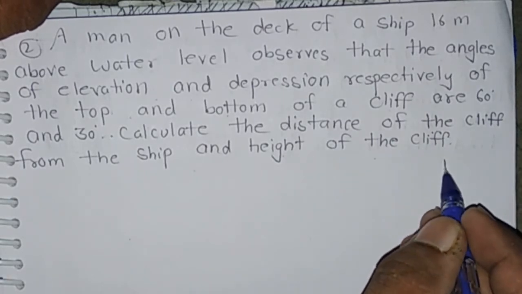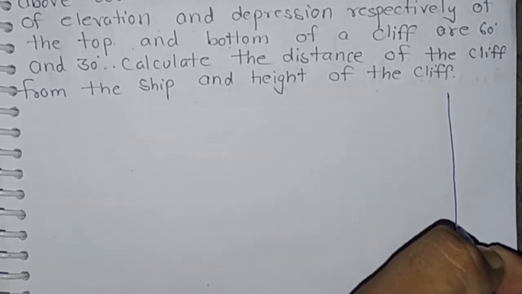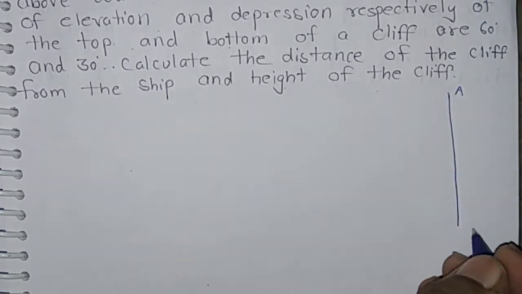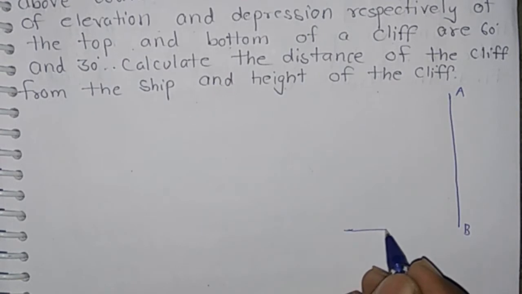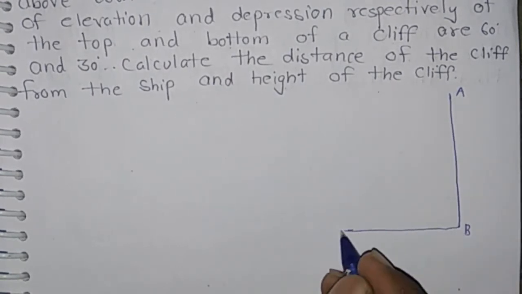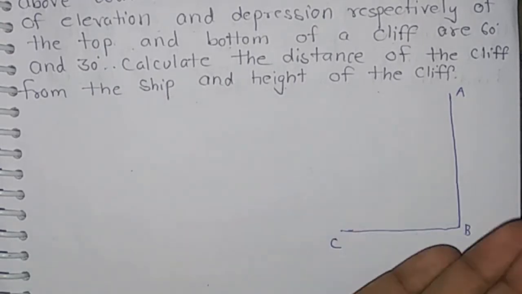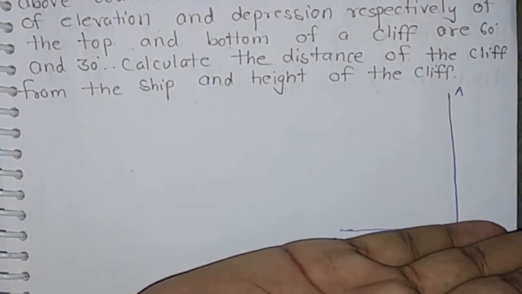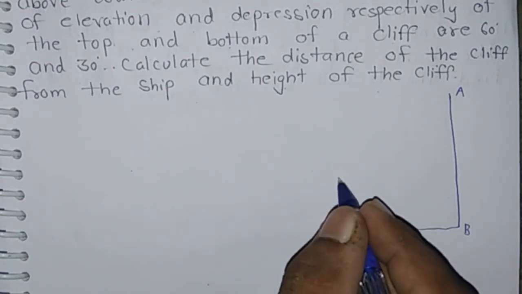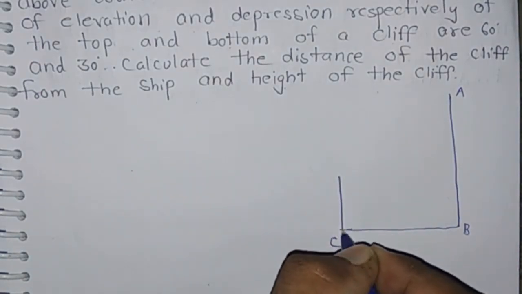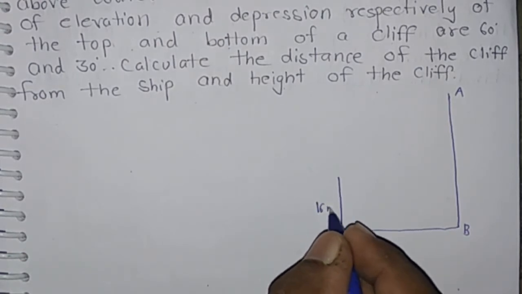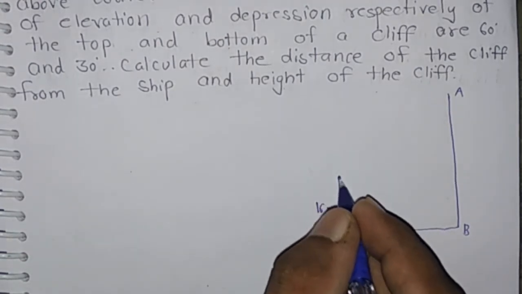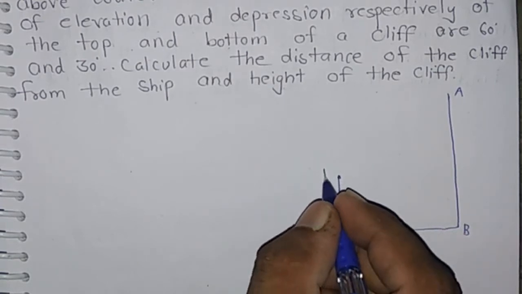Let it be the cliff, and BC is the distance of the deck of the ship and water level, and the height of the deck from the water level is 16 meters above. It is the position of man,